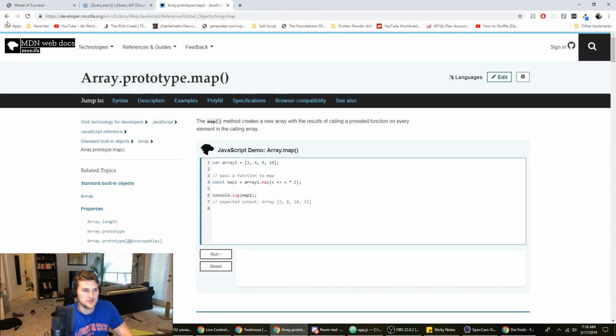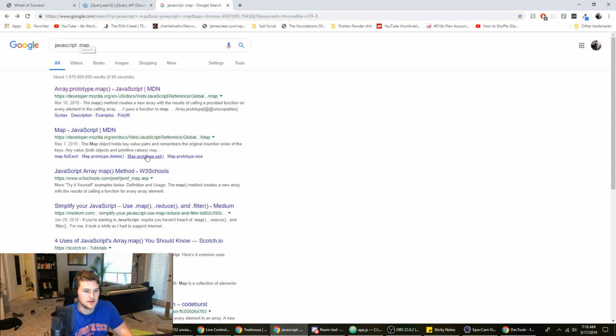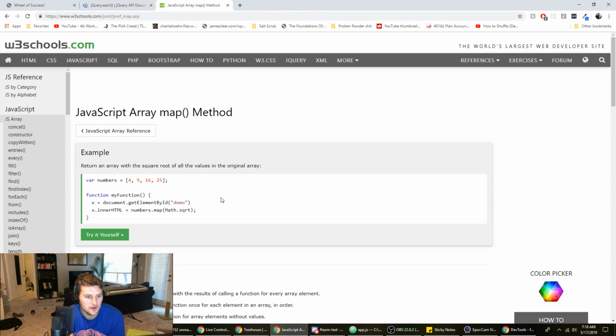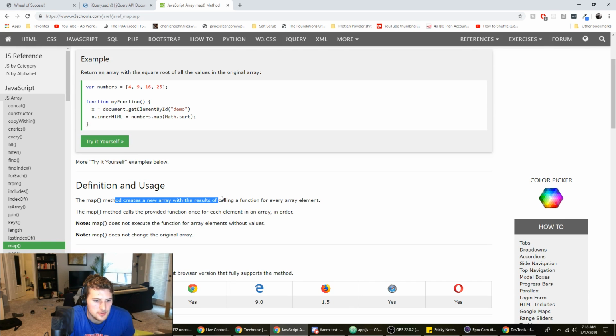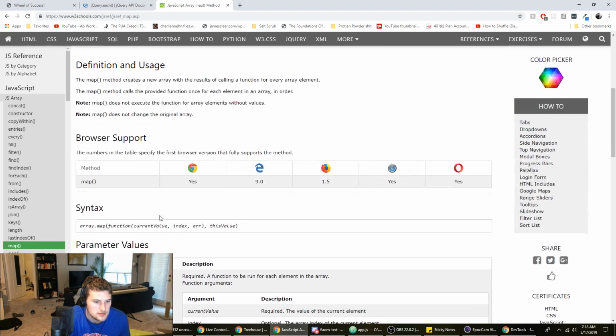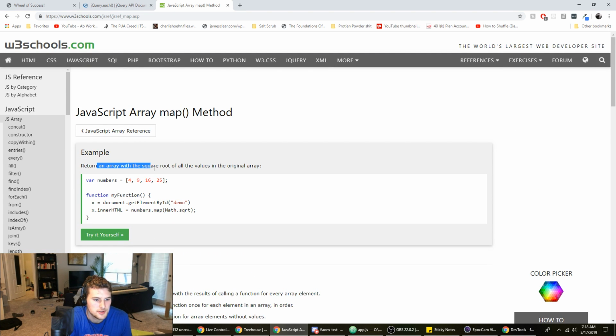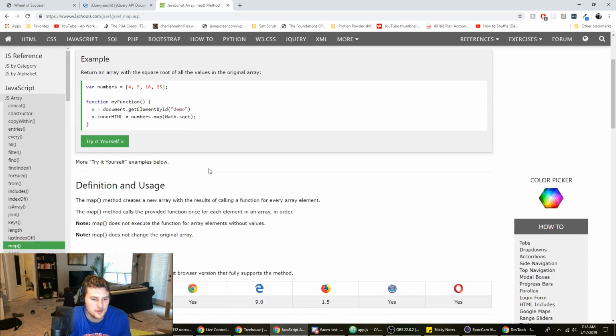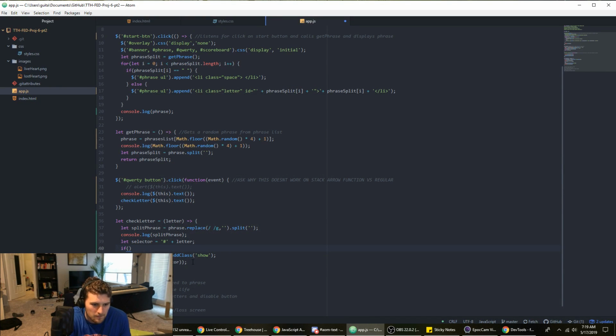We don't want the prototype. I want array.map. Okay. So numbers.map, blah, blah, blah. Method creates a new array from the results of calling a function for every element. Return an array with the square root of the values. Wait, so how would we apply that here?